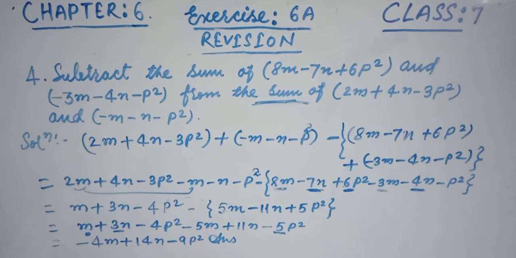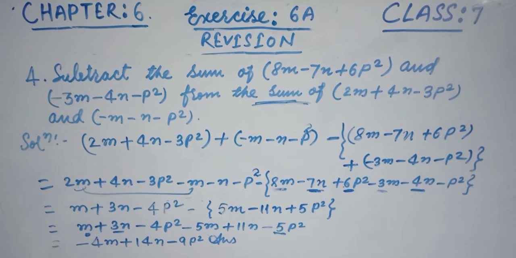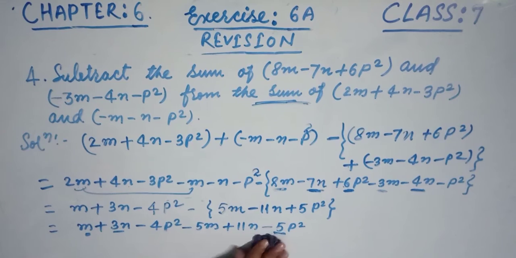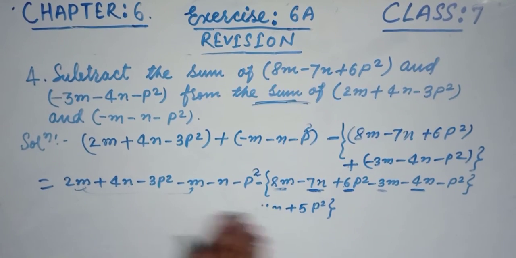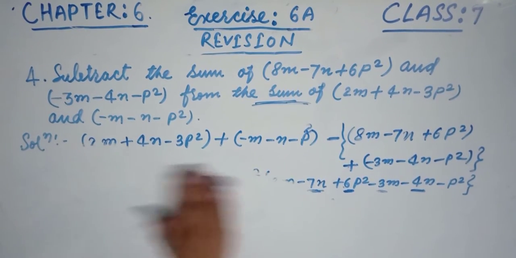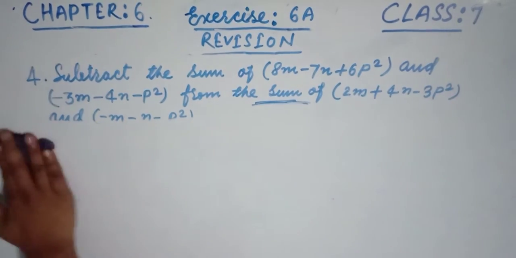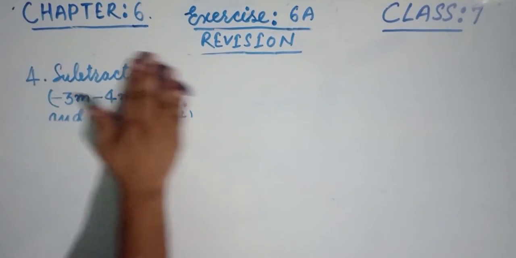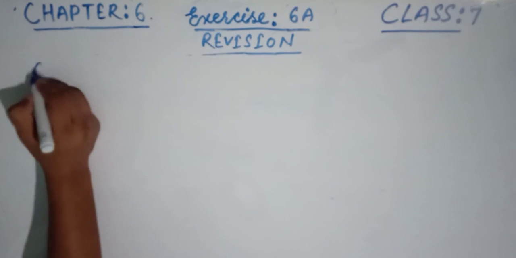Now similarly we can solve the other questions, friends, because we have already discussed them and you know how to solve them. And the last question, friends, is question number 6, sub question 4, because 6 has 4 sub questions. So we will take question 6 of sub question 4.